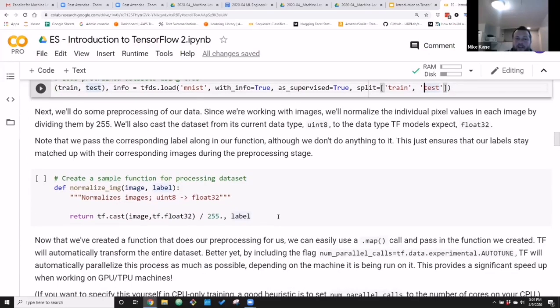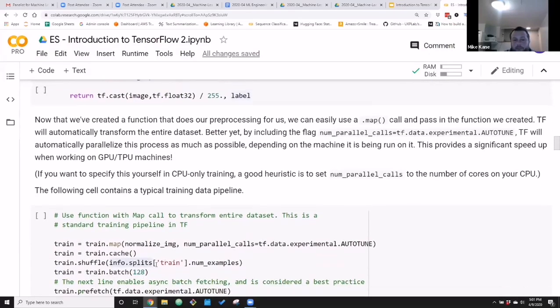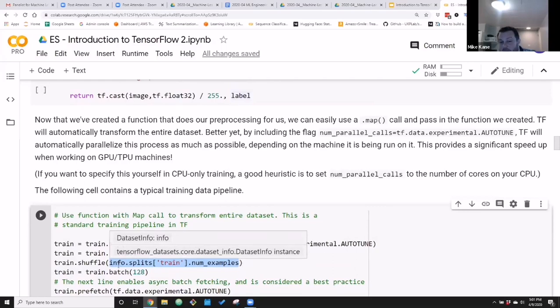So what this is basically saying here is I'm going to the metadata and I'm looking at the number of examples. This is really just telling me how many are here. And I'm going to shuffle all 60,000. So this internal part, if you just ran this part that's highlighted, would tell you how many examples are in your training data set. Because again, I'm calling .splits on info. And this info object is literally just going to tell me information about the data set.